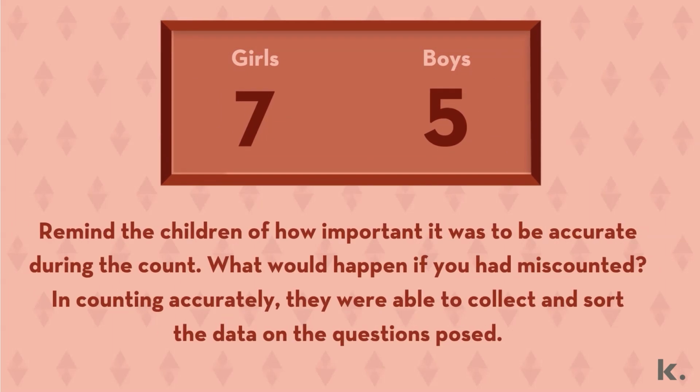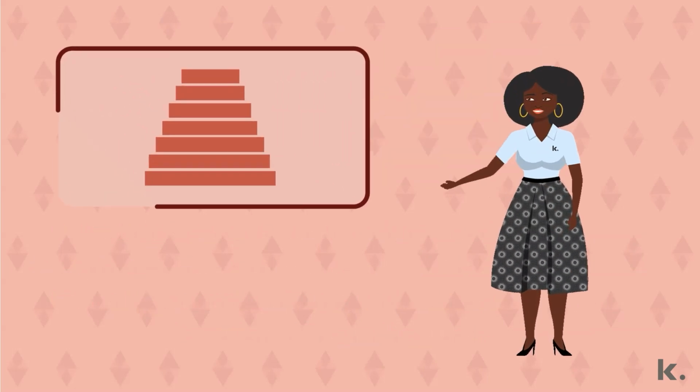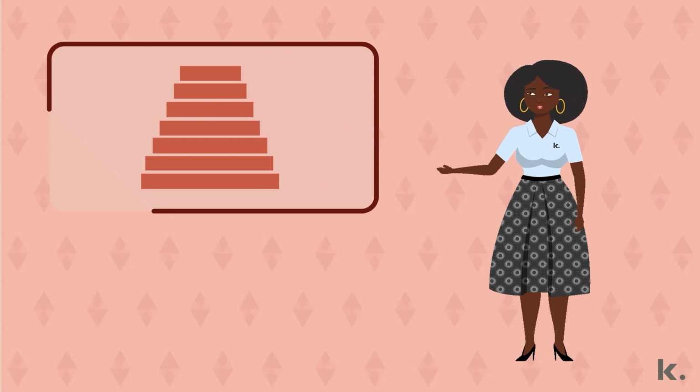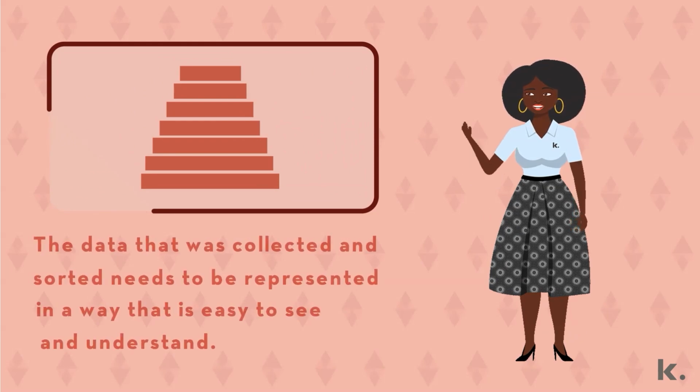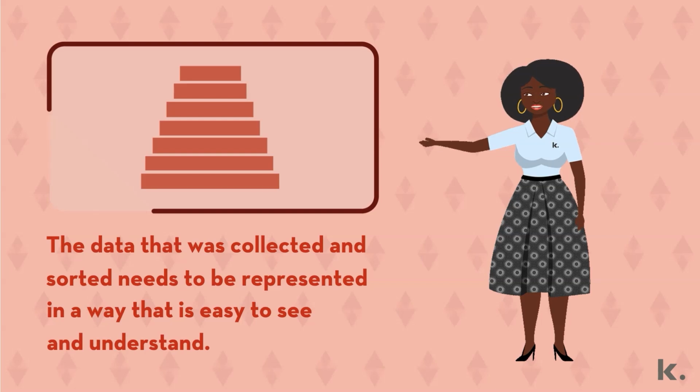Remind the children of how important it was to be accurate during the count. What would happen if you had miscounted? In counting accurately, they were able to collect and sort the data on the questions posed. Explain to your children that there is a next step in the data handling process. The data that was collected and sorted needs to be represented in a way that is easy to see and